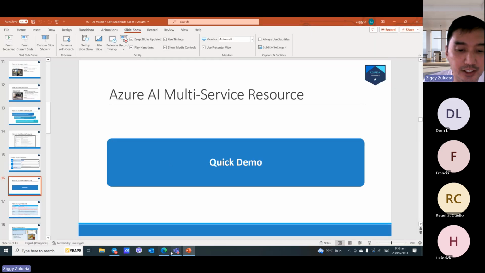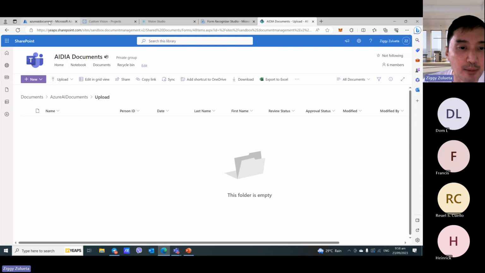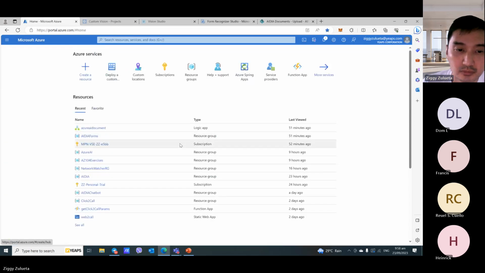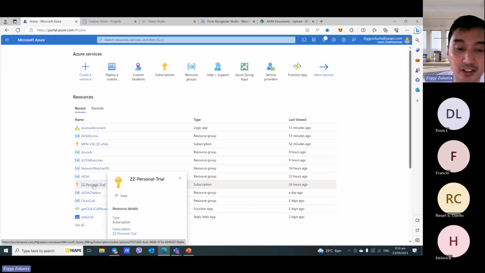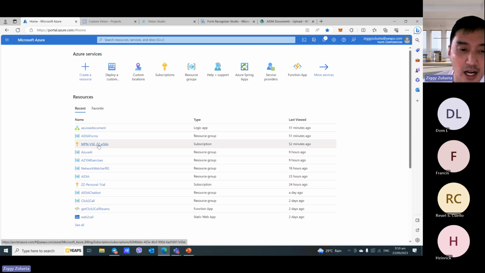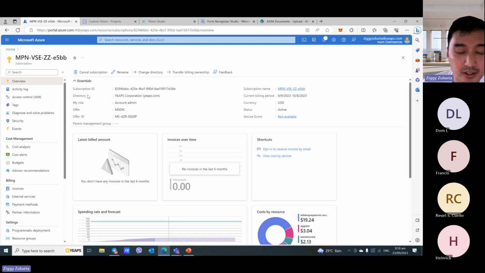So now, once you've created the free account, what will happen is you'll see a screen something like this, in which you'll get a free trial account. So actually, this is my free trial account, ZZ personal trial. So this is what I got, and then eventually it got used up. So I have my own paying account now. So what will happen is you will go to your account, which is this one, and then from there,